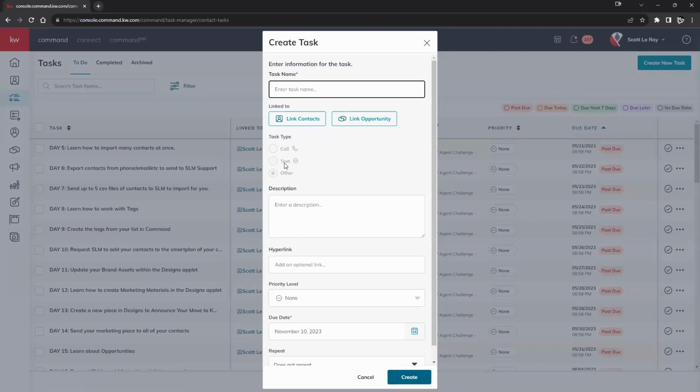You have a call task, a text task, and an other task right here. First and foremost is going to be the task name. As we're taking a look right here, we can really create anything. So if we're looking to create a task to reach out to a specific contact for, say, gathering information, I can type in reach out to